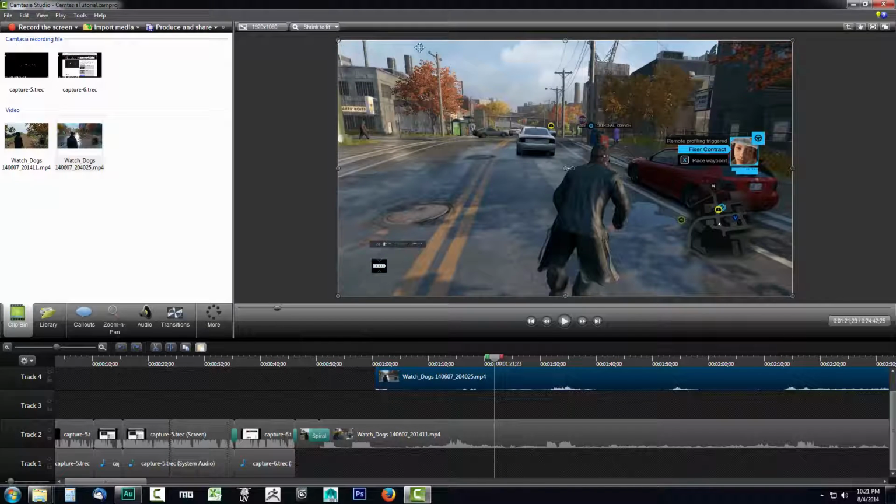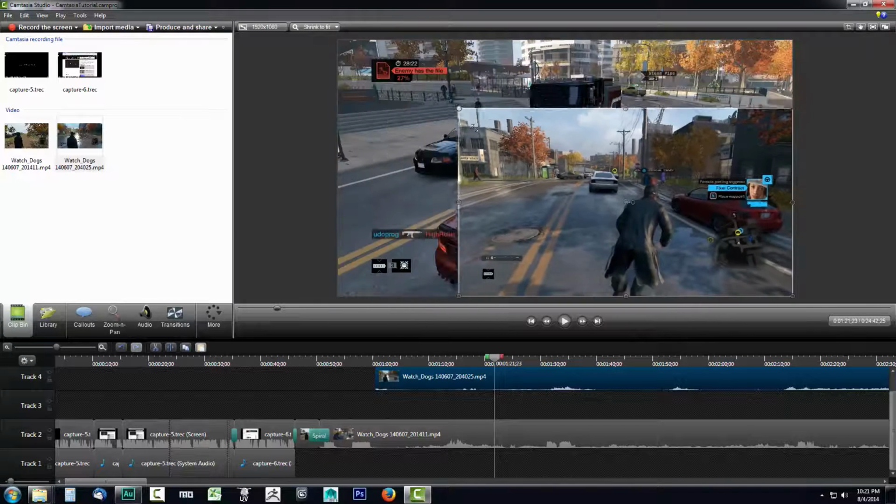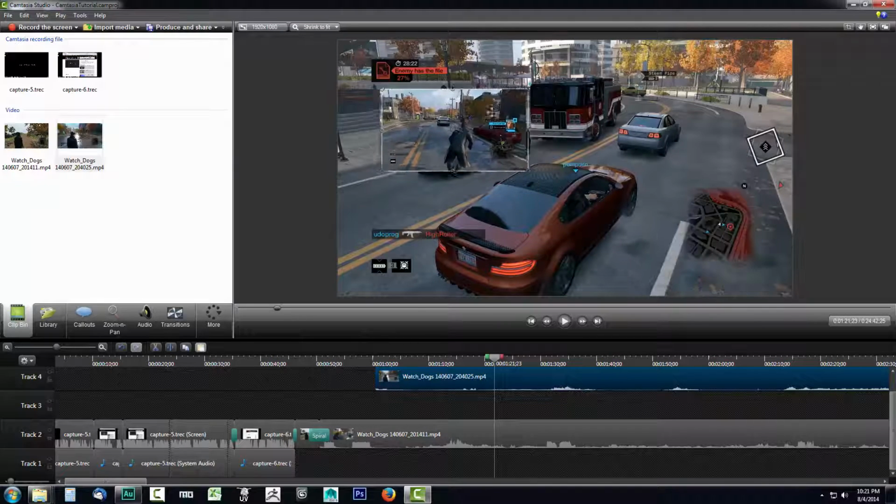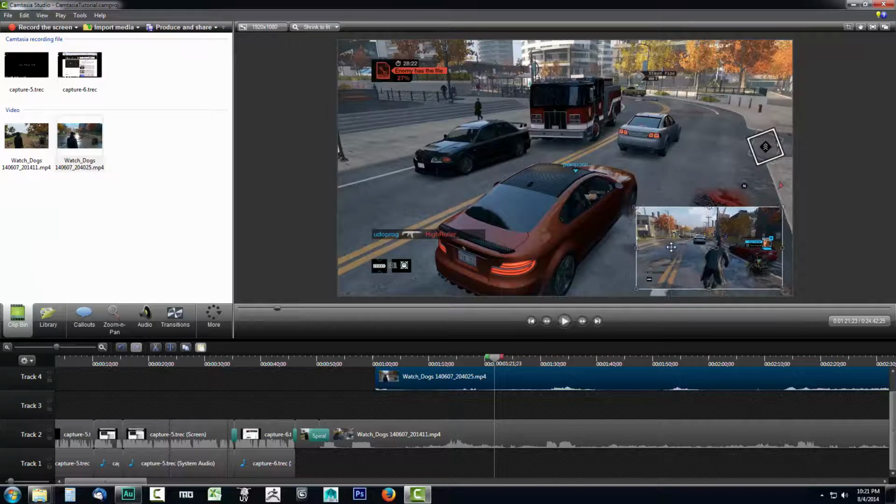But what you can do is you can come up here and you can notice that you can scale video. So I could scale this video or I could scale this video. So you'd select the video that you want to overlay with, then come up into the upper corner, and all you have to do is just go ahead and scale it down. And now as you can see, now I have another video and I can place it anywhere I want to. So I could place it right here. And if I click play,